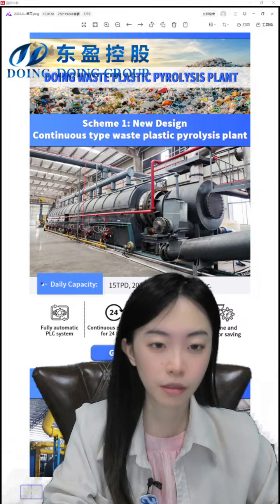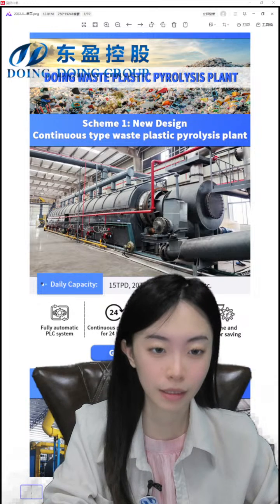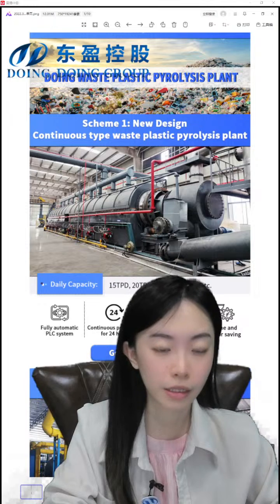So today we're going to share some information about the pyrolysis plant, about household garbage, waste rubber,